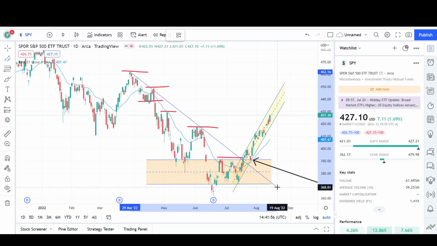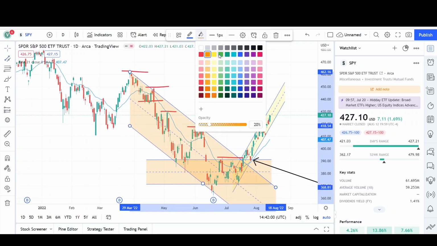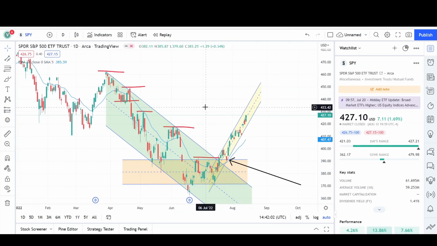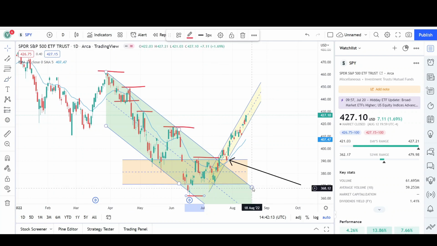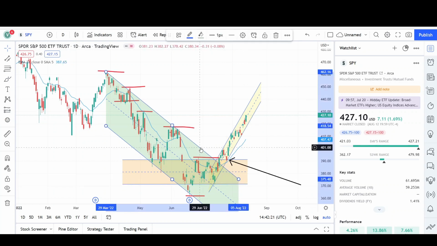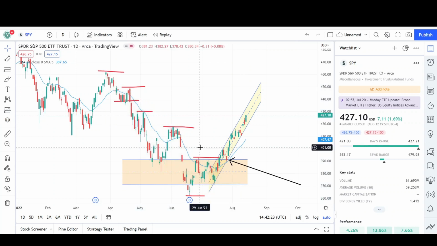So there was this downtrend channel in play right here, and I believe this to be correct. The rules say when we break outside of a channel, we usually retest the previous extreme, and the previous extreme point is back at the 361 level. So that's the rule, and that's what you normally follow when you're trading. But you can see that we had a breakout and we're still going up, so most likely we might not retest these lows. Sometimes that doesn't happen, so if we don't retest those lows, then we could see a bottom,